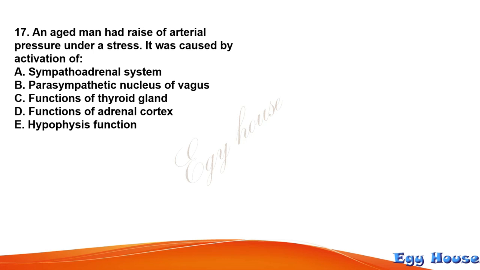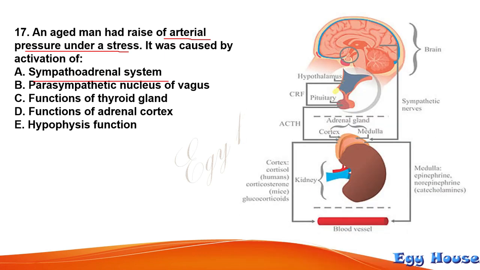Next question. An aged man has a rise of arterial pressure under stress. So this is caused by the sympathoadrenal system. This is a physiology question. As you can see here,